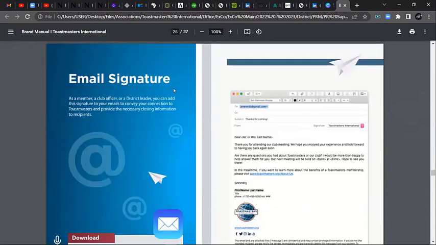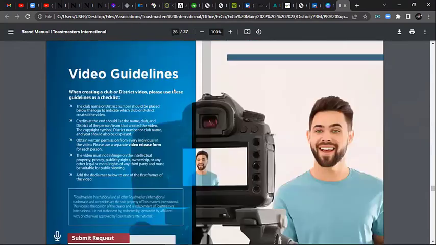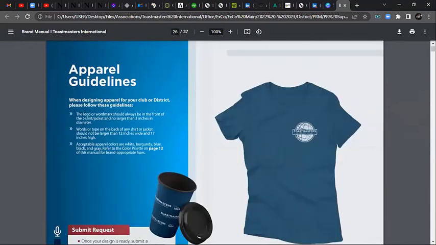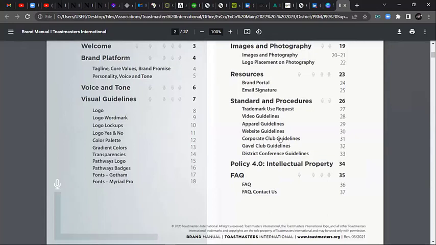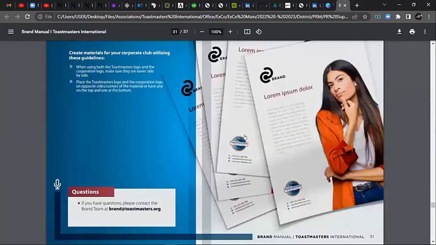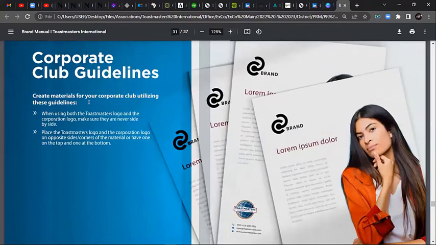And then there was also a section about corporate logos. Now, unless I go back and look for the corporate club guidelines. Oh, I was skipping this. Okay, so here it's telling you, this is page 31, where it says you can create materials for your corporate